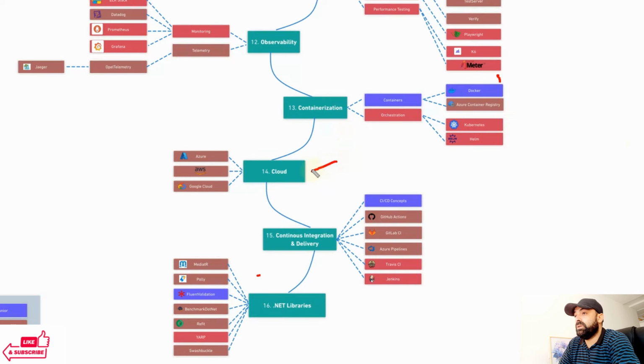Then cloud engineer, be familiar with Azure and or AWS. That's of course heavily depending on the company you are going to work for. So I won't tell you one is better than the other, because we don't actually choose a cloud provider based on which one is best. We choose it based on which one the company we work for can get the best deal on. So whichever one you learn depends heavily on where you work.